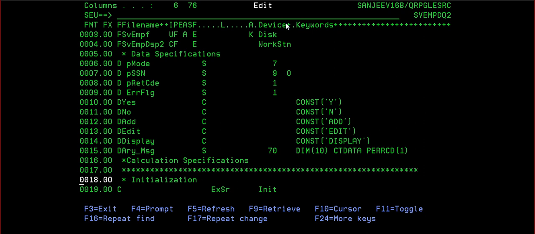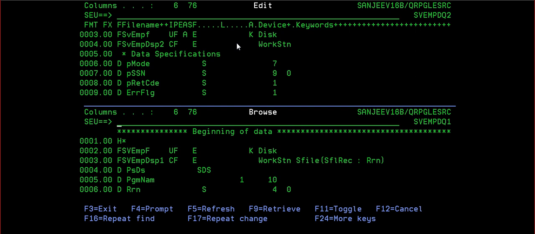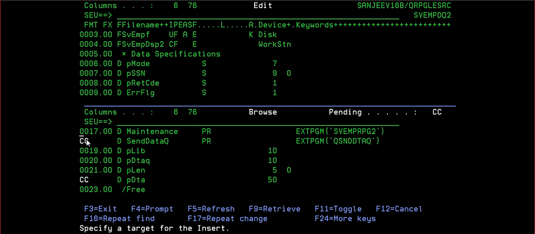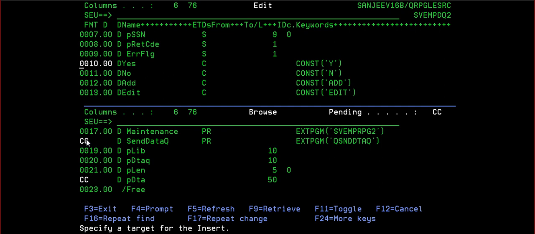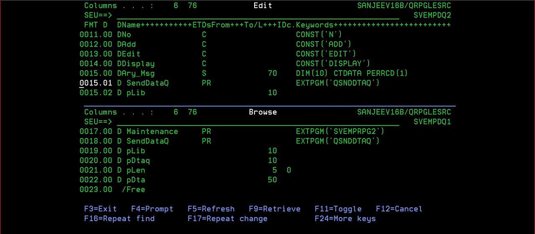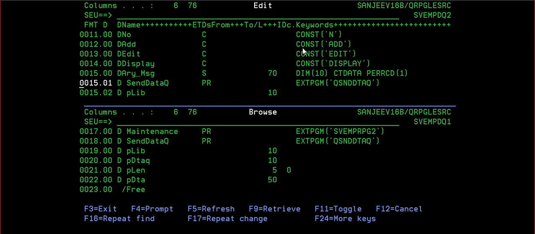So I will just copy exactly what is there for send data queue. Only I will add one length. Wait time, some length.